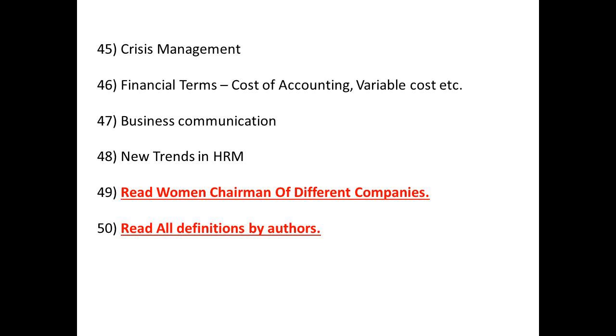I completely agree that it is difficult to remember every author, but at the same time, if you do not read a single definition, you won't remember a single thing. It's as simple as that. Now, how to read definitions? You all have different books. Some books are very common. Another very common thing is the internet. You have to go to the internet. Suppose you are learning recruitment and selection. So type recruitment definition, copy paste, save it to your Word file.